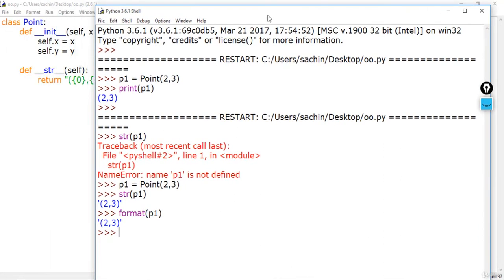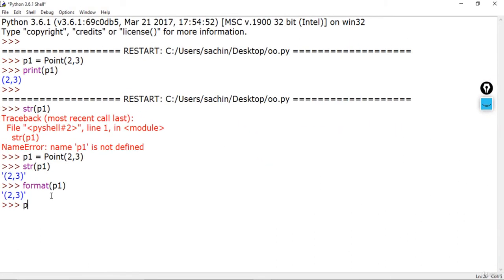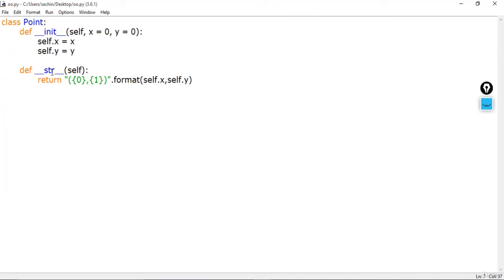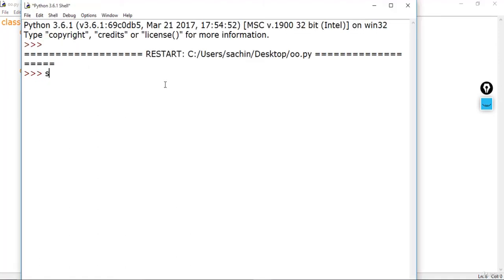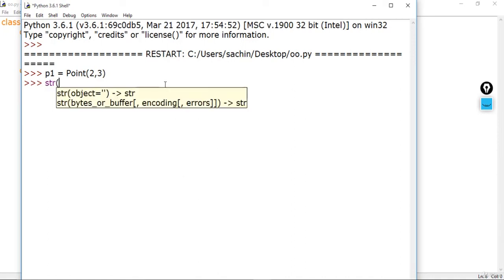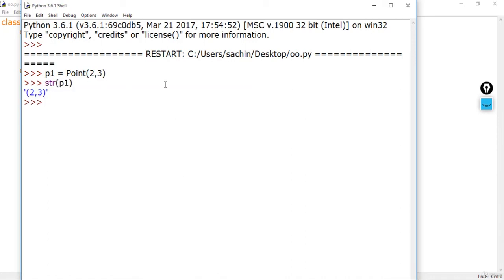And basically when you just print that p1, you could see the same, that is the point object at this position. That means when formatting this using the str inbuilt method, you are just returning or invoking one of the uses of the inbuilt functions like str or format. So when you're doing something like, let me create one more point over here. If you are just doing this, that is str, and just passing this p1 to it, so Python is